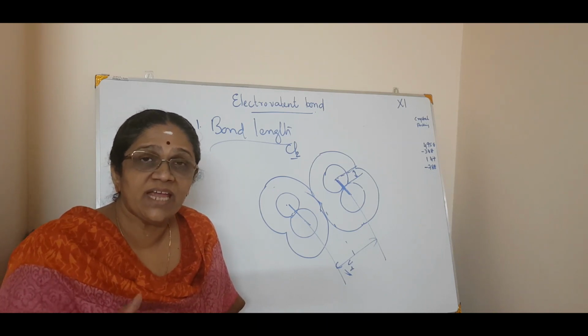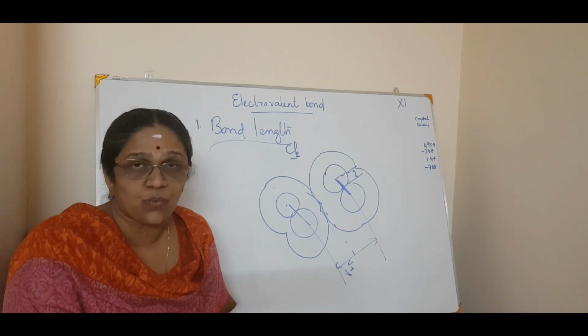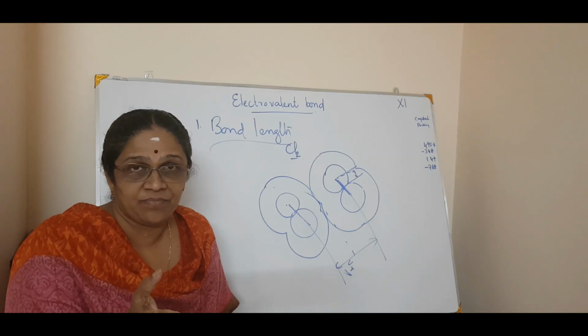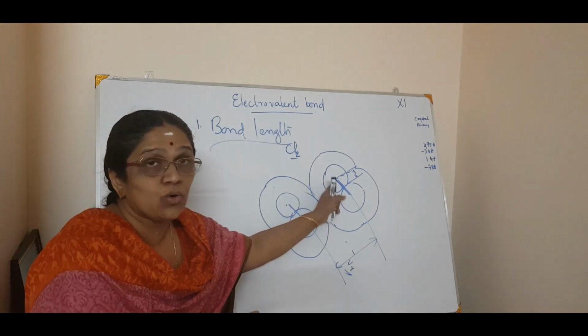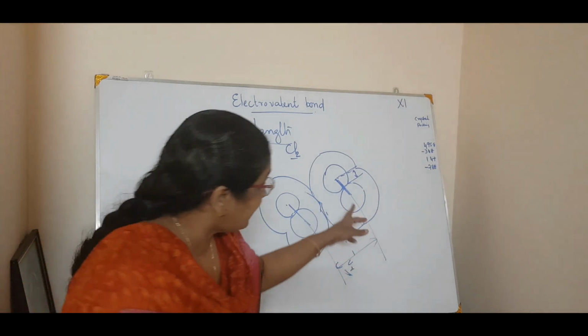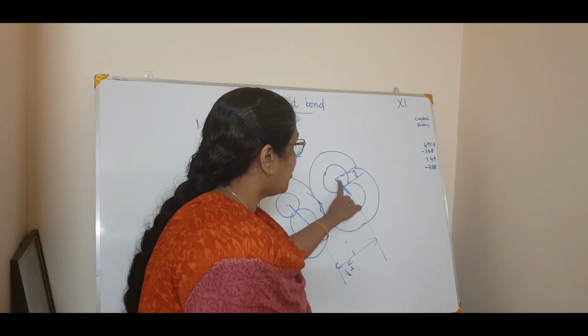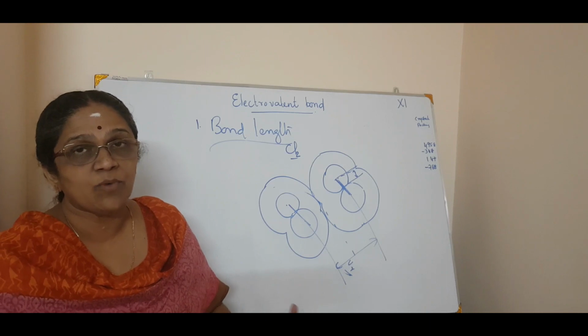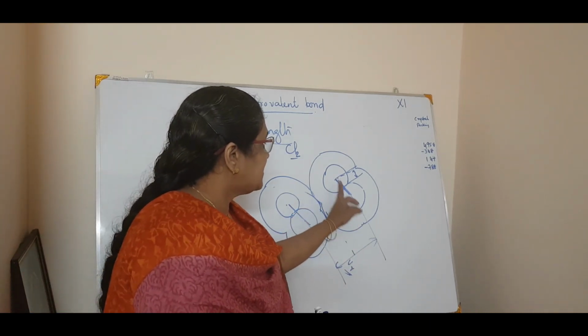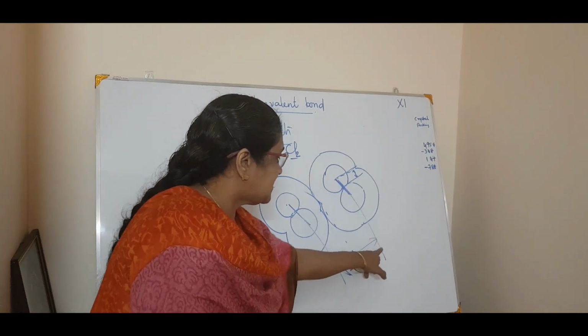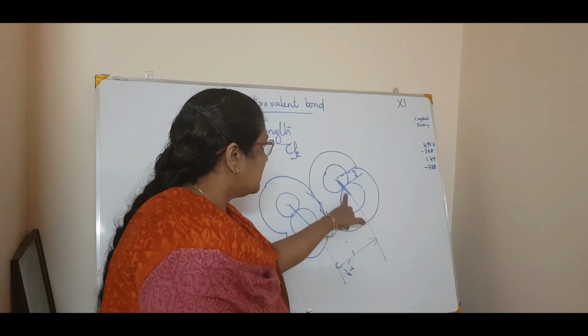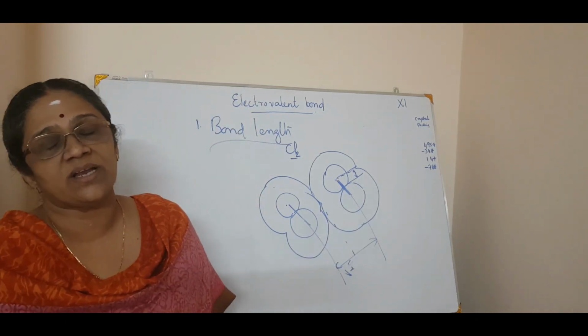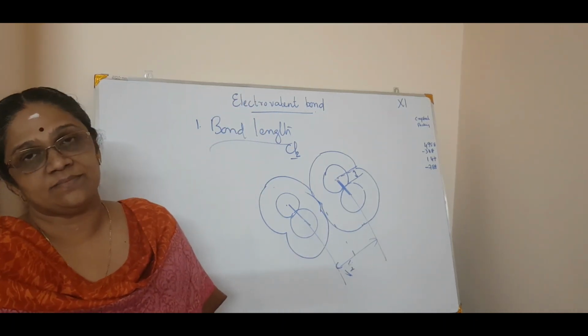Simple. You have to take that full valence shell. Here is a molecule, two chlorine molecules. Covalent radius means inside this chlorine molecule, half the internuclear distance is the covalent radius. Now what is bond length? Bond length is A plus B, that is this distance or this distance, the full distance, that is called the bond length.